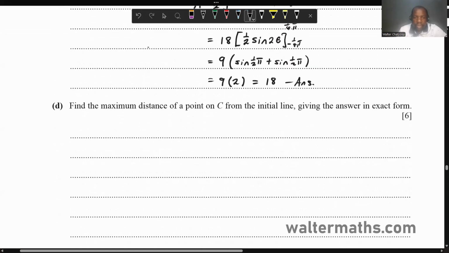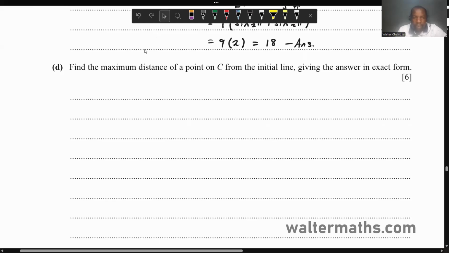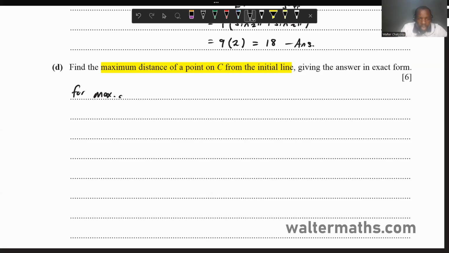Let's go on to part D. On part D, they say, find the maximum distance of a point on C from the initial line, giving the answer in exact form. All right. So the key part is the maximum distance of a point on C from the initial line. Now, for the maximum distance of a point on C from the initial line, we know that, okay, let me just write that down. Okay, so we know that for maximum distance